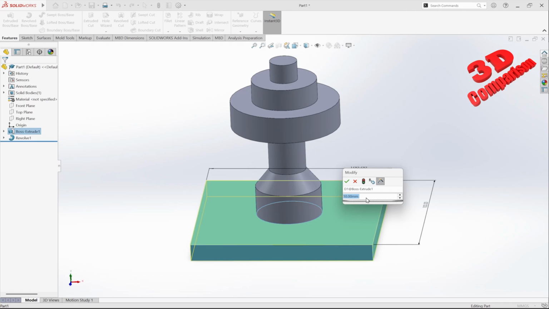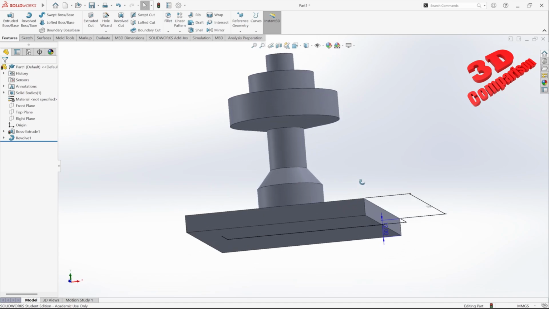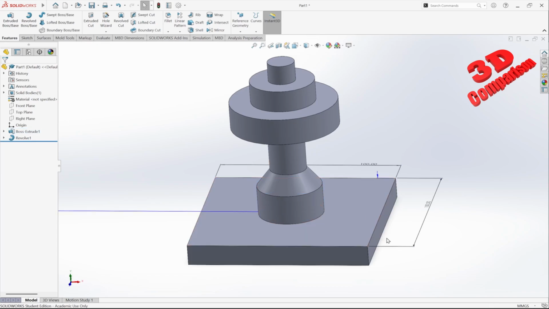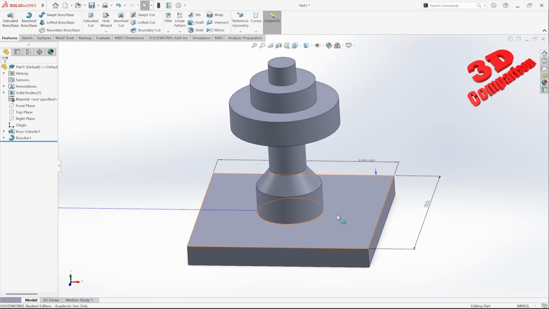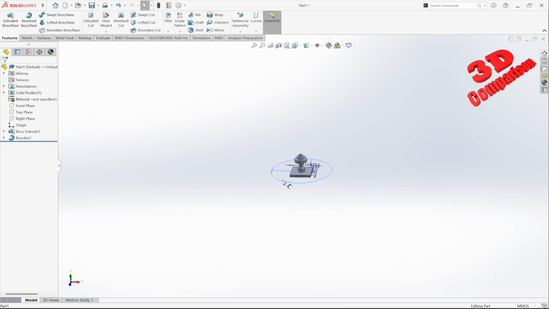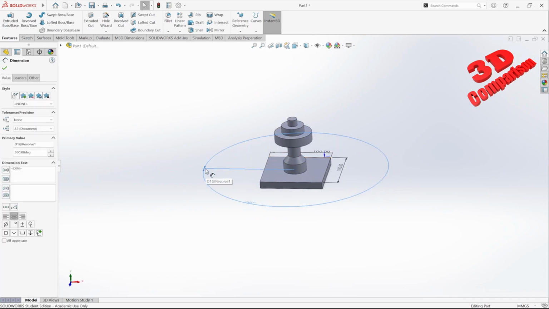I can double click and I can input a new value. For example, I want this to be 12. I can click OK, and now we're going to have that extended to 12. But for example, if I also need to have this rebuild, we saw that it has now been extended. In this case, we also have over here the revolve feature, which I'm gonna make a little bit